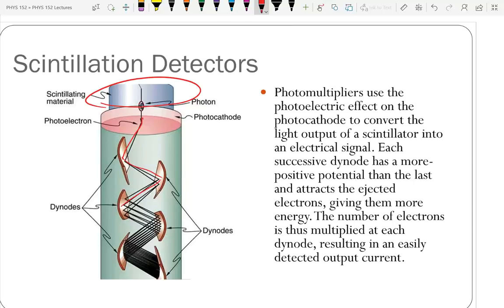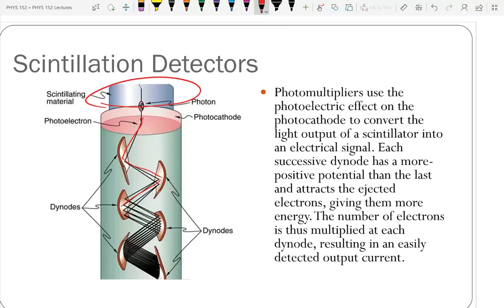And so the electron is accelerated toward it. It comes in, if it's 100 volts, it comes in with 100 electron volts more energy than it came out with. It came out with approximately 0. Now it's got 100 electron volts. Well, that 100 electron volts slams into this material and knocks off a whole bunch of electrons, like maybe 10 electrons. And then those 10 electrons are accelerated to the next diode that's another 100 volts more positive, slams in, and each one produces 10 more electrons. Now you have 100 electrons.